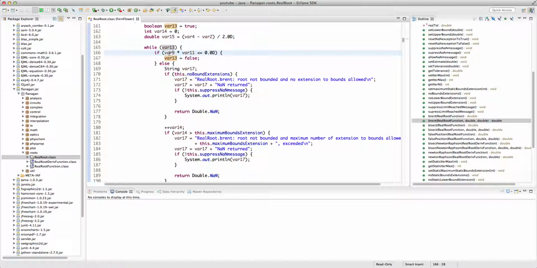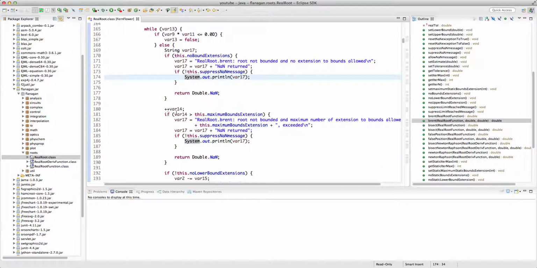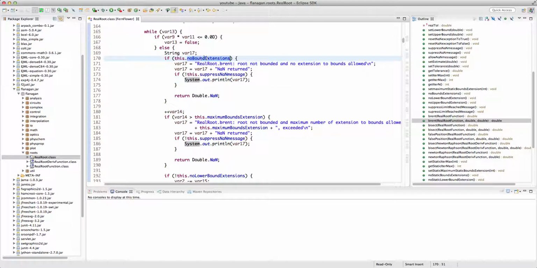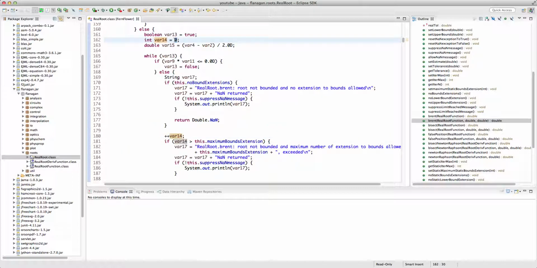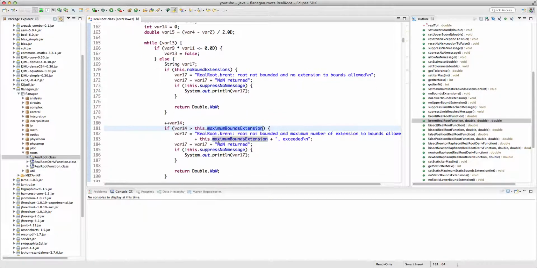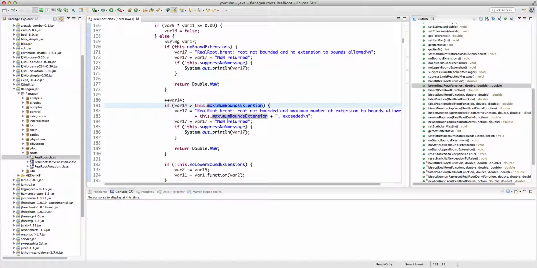But if it's not a valid bracket, so if var9 times var11 is greater than 0, it tries to extend the bounds, lower bound and upper bound. So if no bound extension flag is set to true, it says that okay, I cannot extend the bound and the current interval is not a bracket, so just return that. But then if this is basically false, so we allow for the extension of the bounds, then it increases this integer variable, which is 0, which keeps track of how many times the bounds have been extended, because we have this variable maximum bounds extension, which I believe originally was set to 100. So if we haven't reached the maximum number of bound extensions,